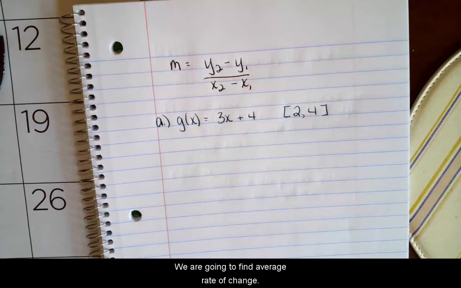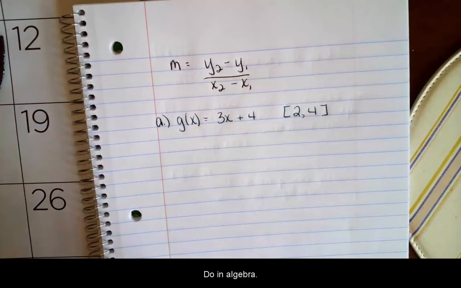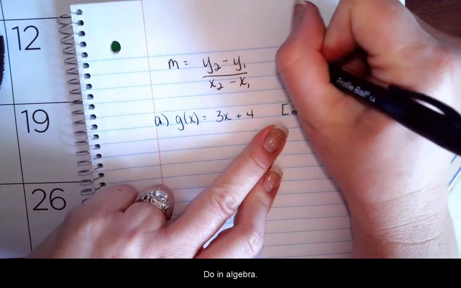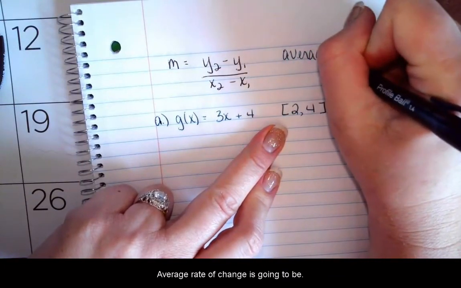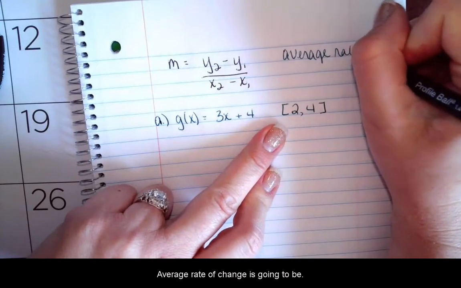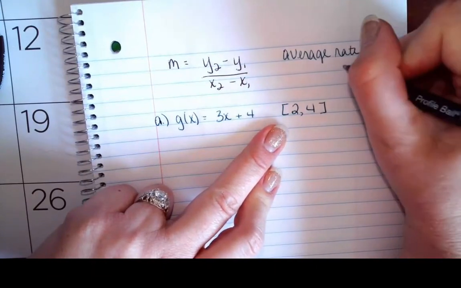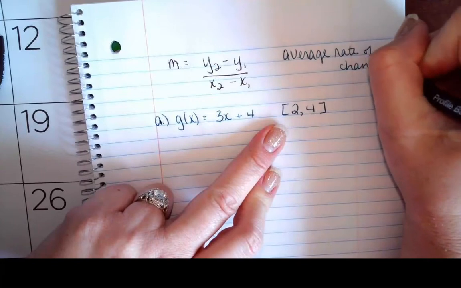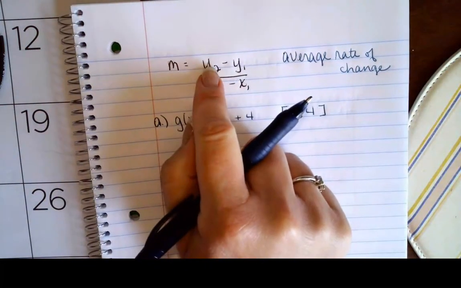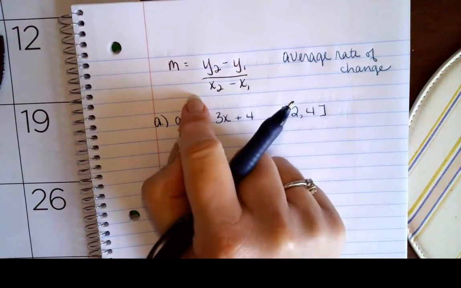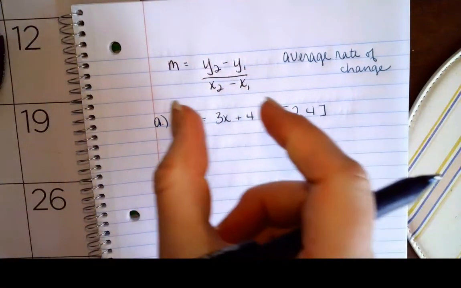We are going to find average rate of change. So in algebra, in math, average rate of change is going to be modeled by slope. So we have this slope formula right here: y sub 2 minus y sub 1 over x sub 2 minus x sub 1, which means we have